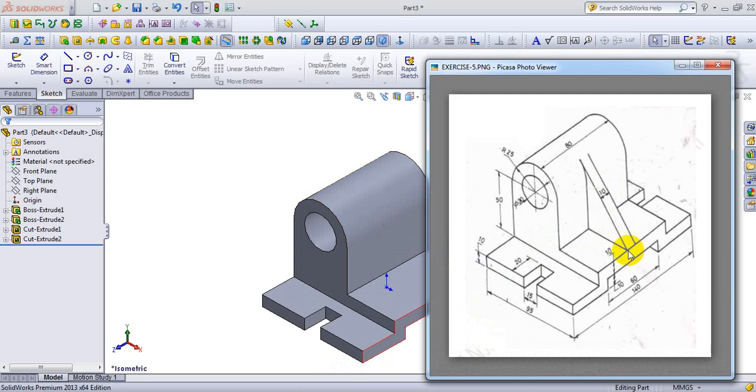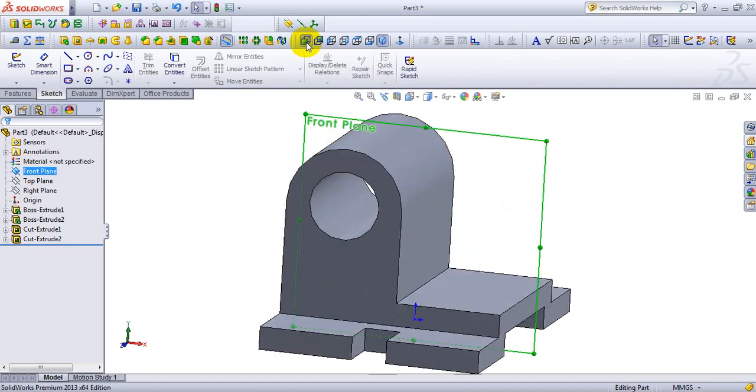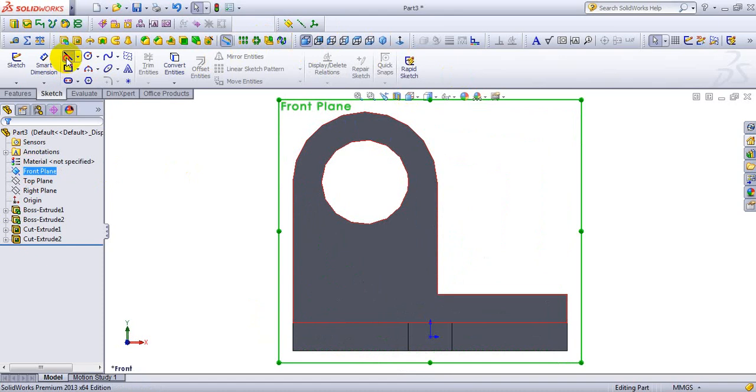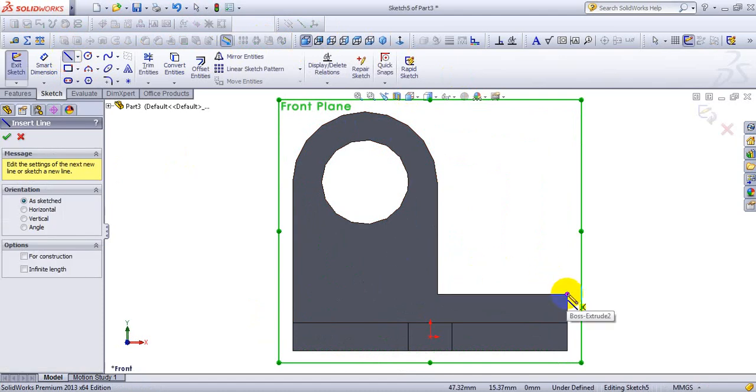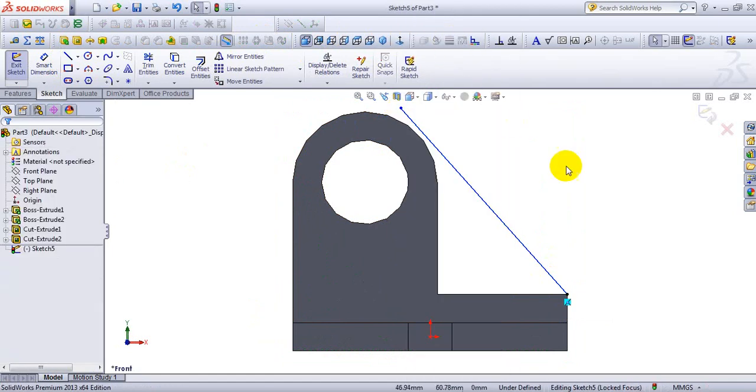We have to draw one line from here to here, exactly in the center. So select front plane followed by front view, take line command, from this corner draw one inclined line, and select.